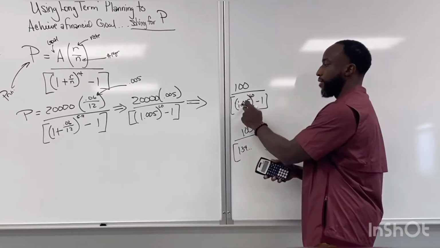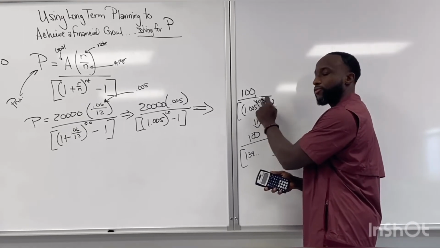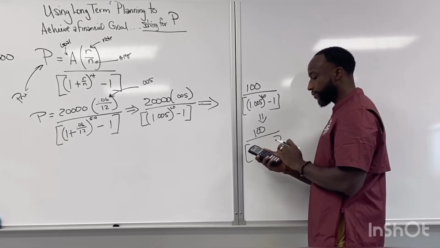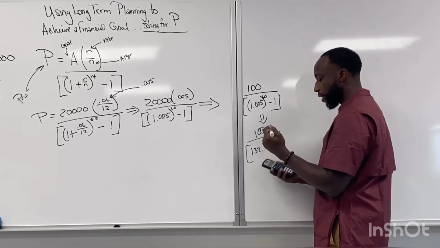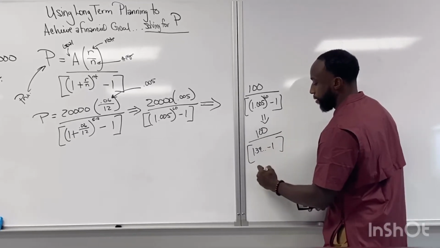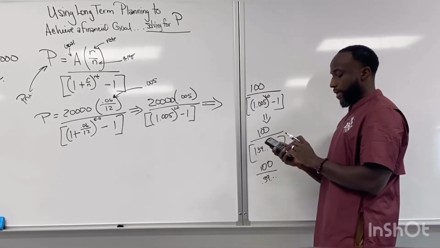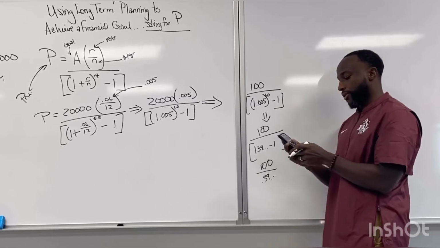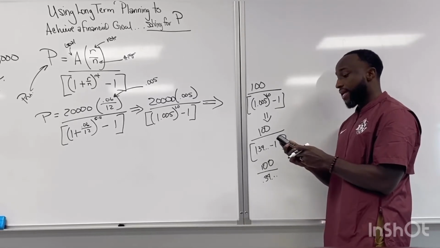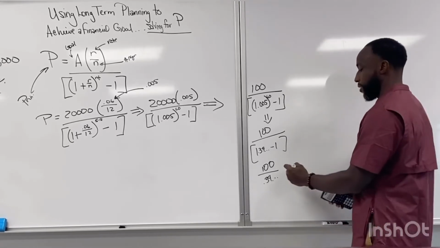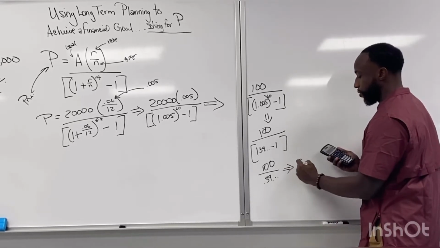So we did 1.005 raised to the 60th power, and the next thing you do is subtract 1. Then we get 0.34 and some change. And from there, we'll do 100 divided by answer. Everybody should have an answer button on their calculator. And you'll end up with